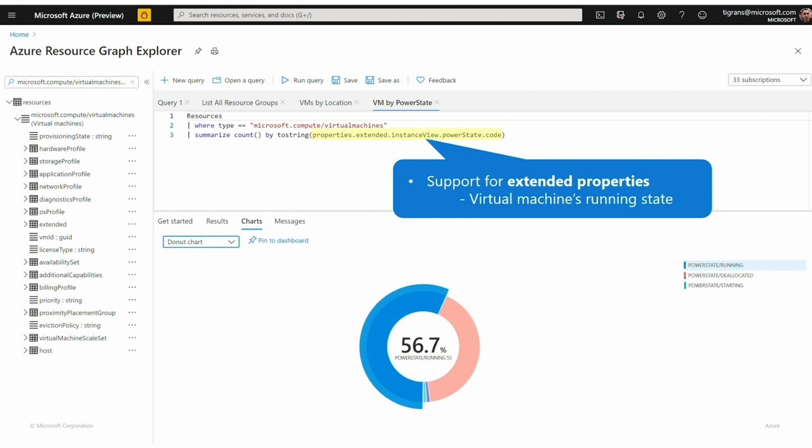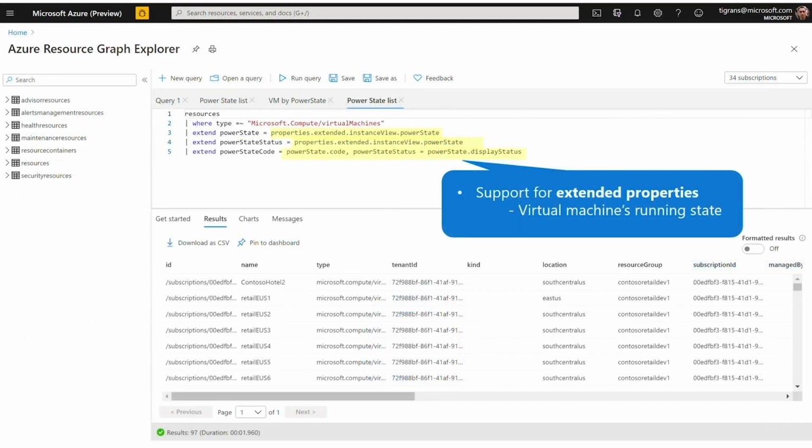In order to provide you with a more comprehensive view of your VM resources, we're very excited to announce the support for power state as an extended property for VMs in Resource Graph. This is now immediately available, so if you go to Resource Graph right now and try running the query that I have showing on the screenshot, you can also get power state for VMs yourself. This is one of the highest ranked asks on our Azure feedback page. So we're just very happy to cross that one off our to-do list.